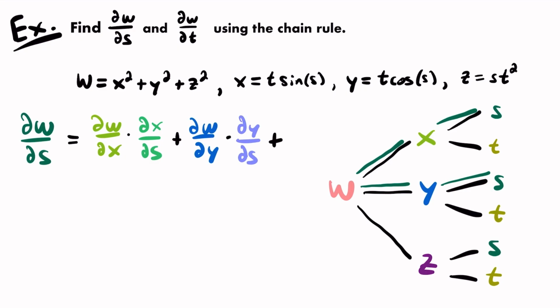And then we still need to add another term, because there's another path that will take us from w to another s, and that would be this path right here, from w to z, and then from z to s. So we would have a partial of w with respect to z multiplied by a partial of z with respect to s. Okay, so that's one of our formulas. That's for a partial derivative of w with respect to s,